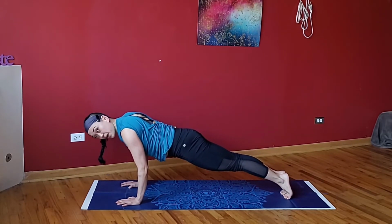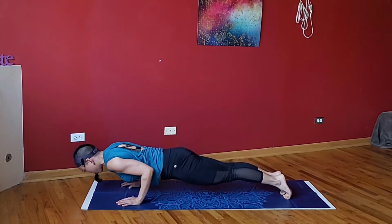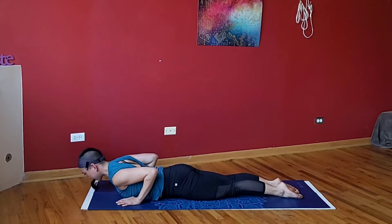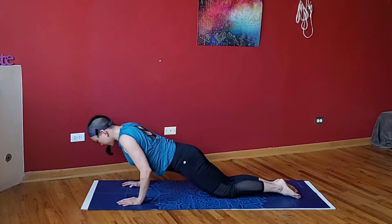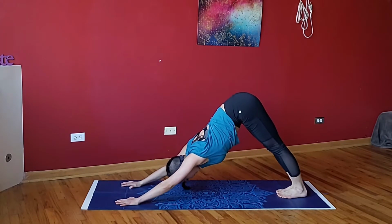Elbows go back behind you. Skim the elbows by your rib cage. Try and lower down with control. Go all the way down to your belly. Start with a baby cobra. Just lift yourself up, pull the shoulder blades back, reach up through the heart like you're on the bow of a ship. Lower back down, push back up, tuck the toes under, lift up to a down dog, hold here,